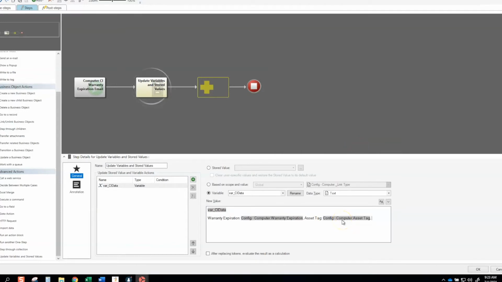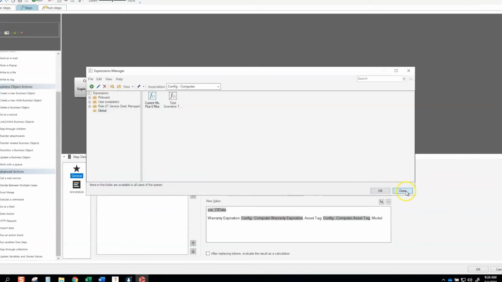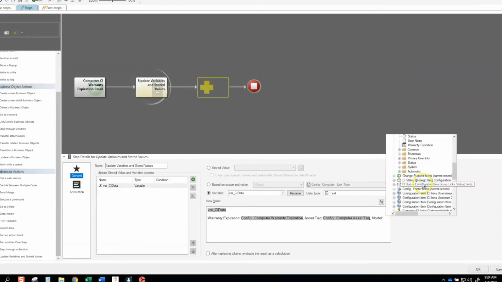I'm going to add in the model. And for this, I actually want to make sure, because some people may or may not have a model listed. It depends on your system, but I'm going to go ahead and create an expression,